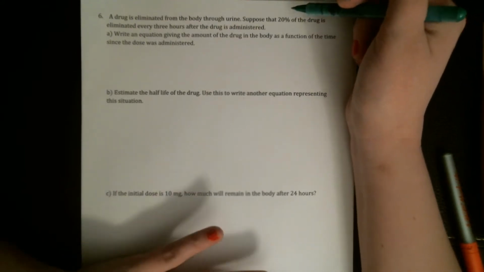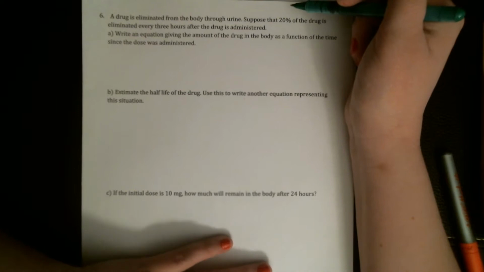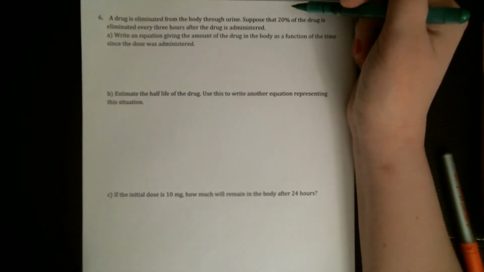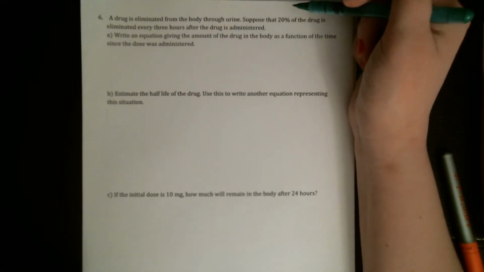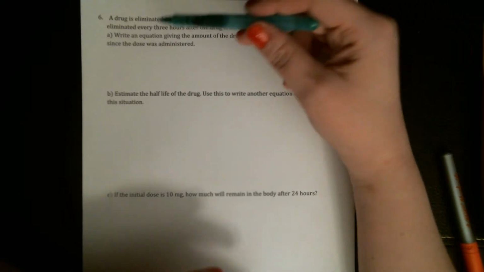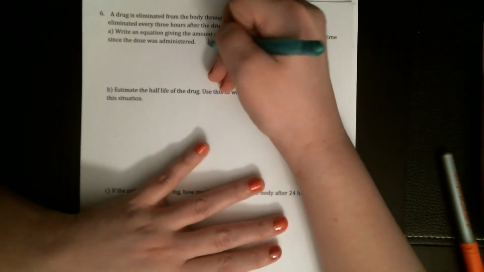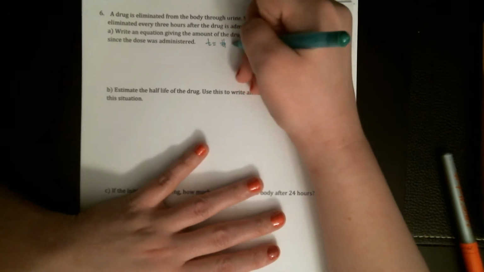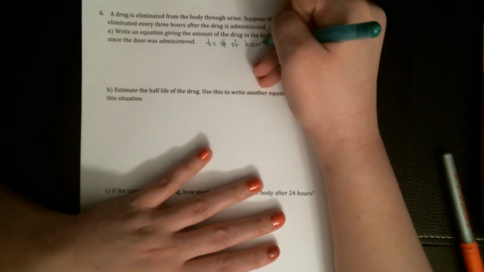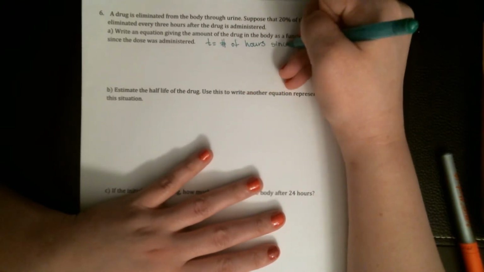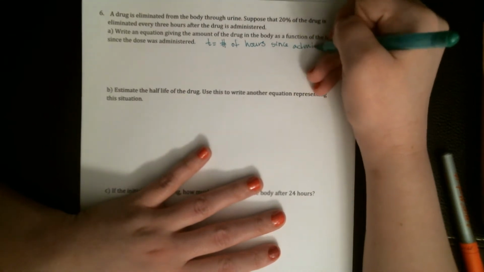Okay, so in this situation, we have a drug being eliminated from the body through urine. 20% of the drug is eliminated every 3 hours after it's administered. So first thing, we're supposed to write an equation giving the amount of drug in the body as a function of the time since the dose was administered. So let's see, every 3 hours. I'm going to say T is the number of hours since administered,